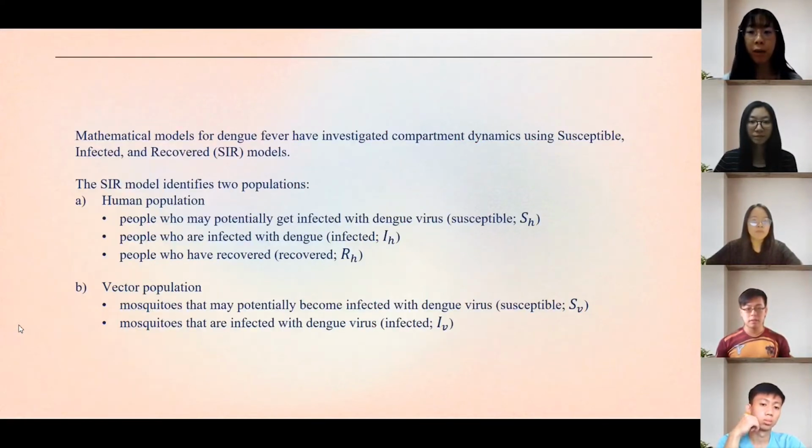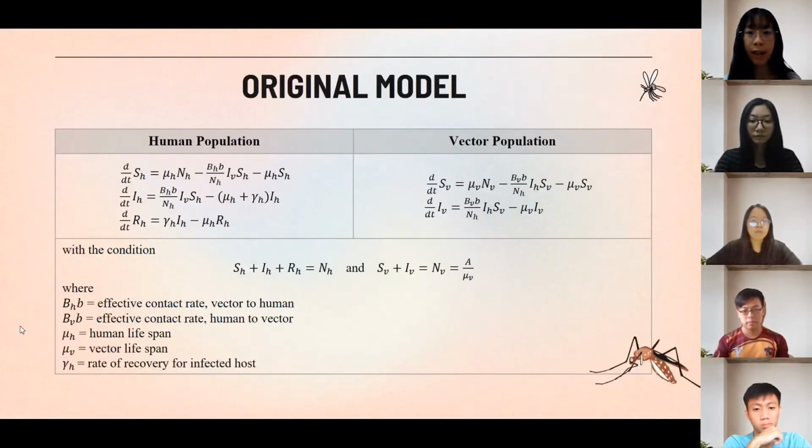Therefore, mathematical models for dengue fever have investigated compartment dynamics using susceptible, infected, and recovered models, most widely known as SIR models. The SIR model identifies 2 populations, which are the human population and the vector population. The human population is made up of 3 groups, while the vector population is made up of 2 groups because once the mosquito is infected, it will not recover. According to the article that we refer to, this is the original mathematical model of host-vector interaction comprising nonlinear differential equations